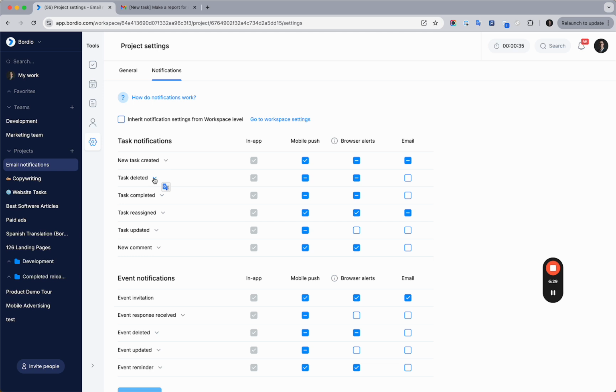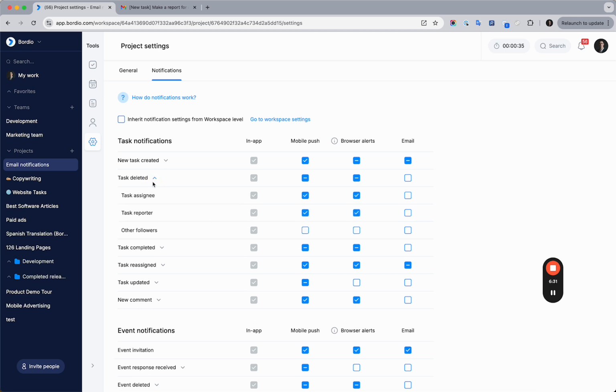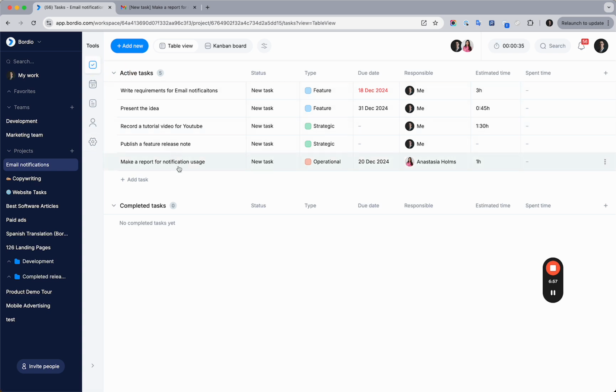Now let's see task deletion. So when the task is deleted, who gets the notifications? First of all, the task assignee gets mobile push plus browser alerts. The task reporter gets mobile push plus browser alerts, and other followers only receive in-app notifications. Who are other followers? Let's get to our task, and here,